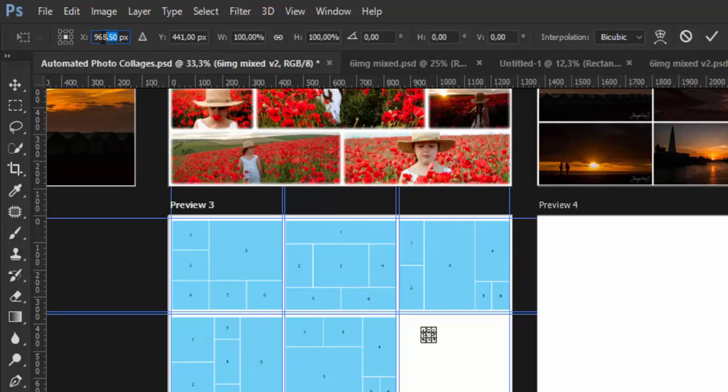Let's say that you want on X axis to position center of selection at 900 pixels, and by the way, X axis is from left to right, and let's say you want on Y axis center of your selection to be at exactly 400 pixels. So Y axis is from top to bottom.